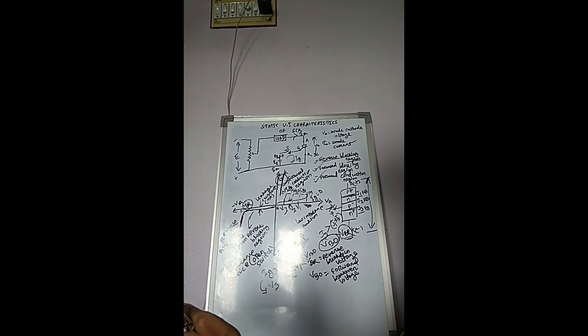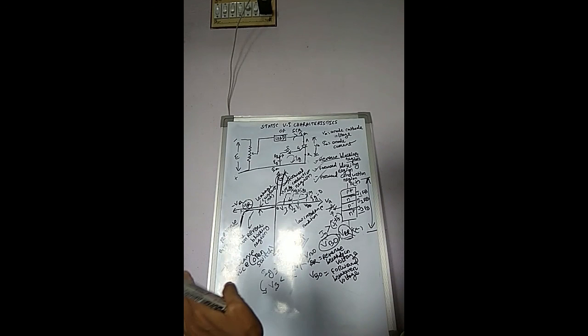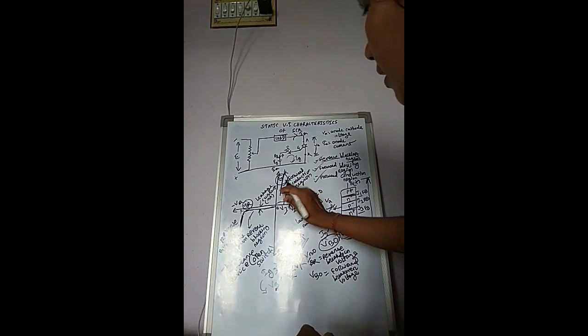So gate current ranges from 20 to 200 milliampere. The magnitude of gate current is always more than the minimum gate current required to turn on the SCR. So once the SCR is conducting a forward current that is greater than the minimum value, it is called a latching current. So there are two terms you need to know now, that is latching current level.